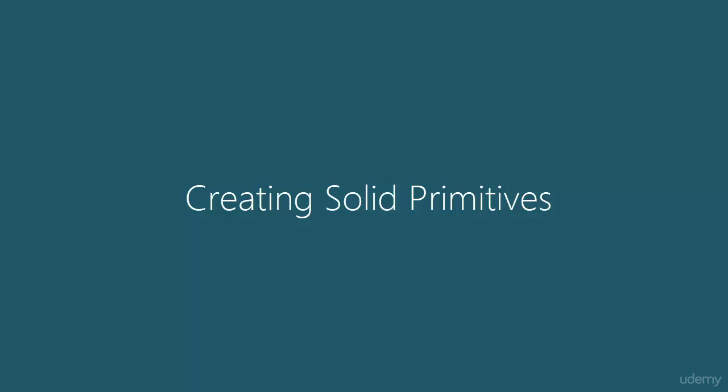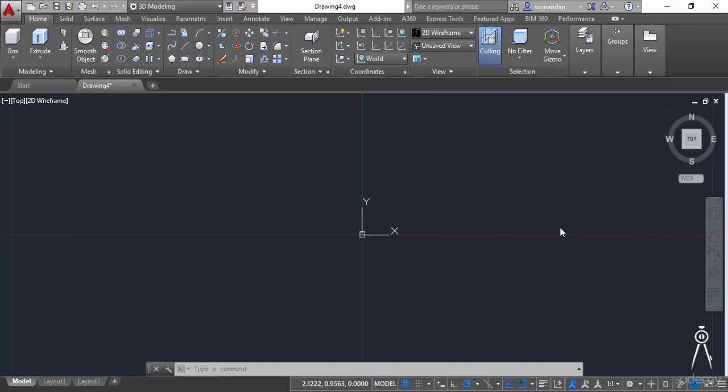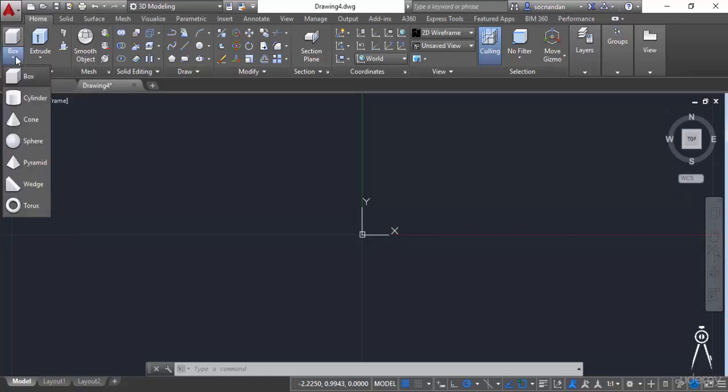In this lesson, I will tell you about solid primitives of AutoCAD 3D. Solid primitives are some predefined shapes in AutoCAD which can be made without using any 2D geometry. You'll be able to see these solid primitives on the Home tab, Modeling panel. From here, when you click on this box flyout, you'll see the list of solid primitives that